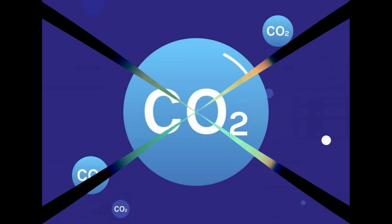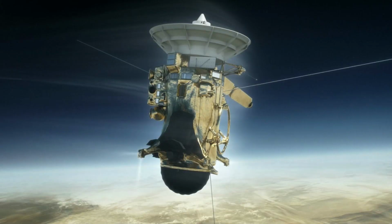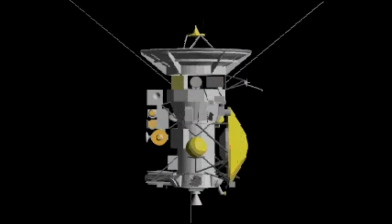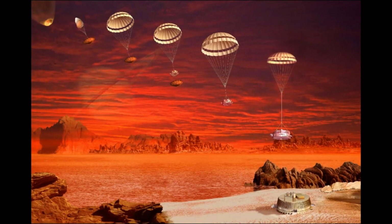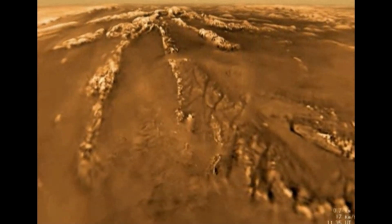Surface view. In January 2005, the European Space Agency's Huygens space probe landed on Titan's surface. Once released from the orbiting Cassini spacecraft, Huygens took 3 weeks to reach Titan and then parachute down to the surface to return the first images of the hidden world below. This photo shows rocks of...